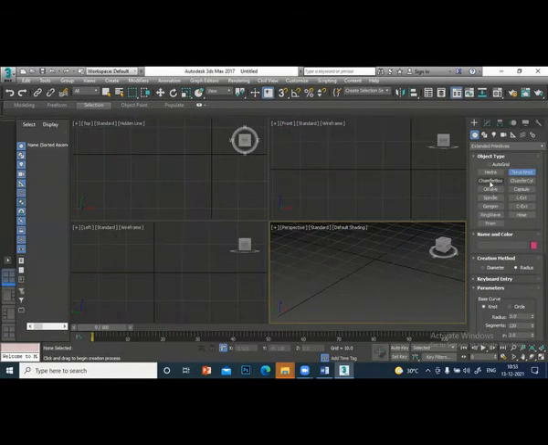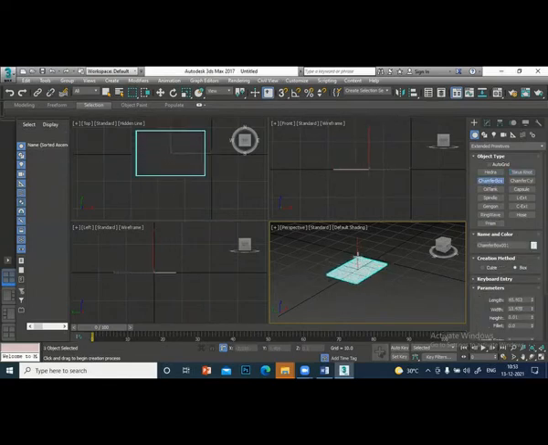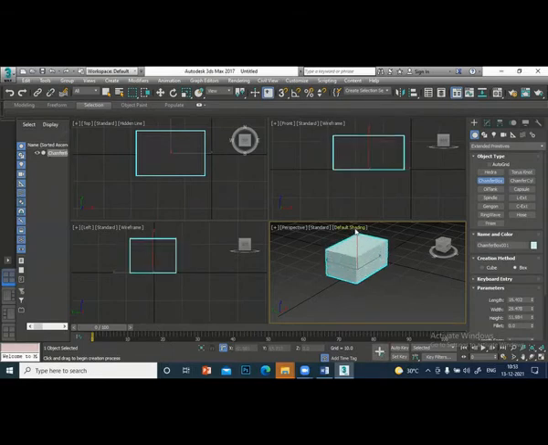Next one is chamfer box. It is a box, but the corners will be chamfered. I have drawn a rectangle. After rectangle, the next option is to see, you can change the sides a little bit, curve the sides.